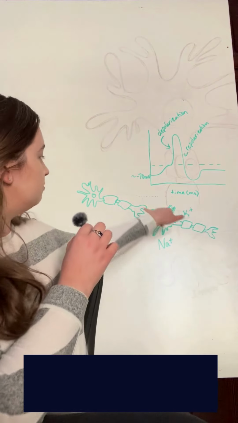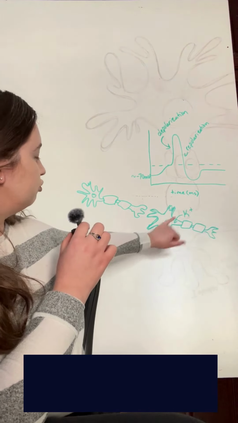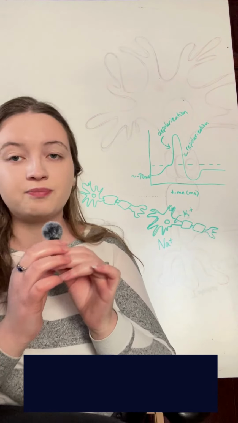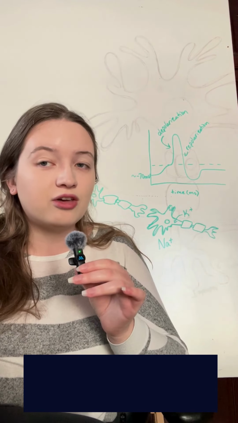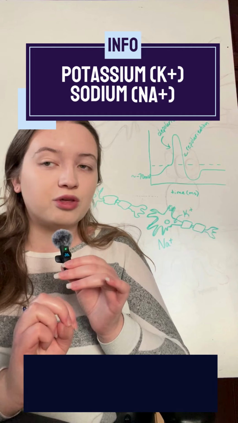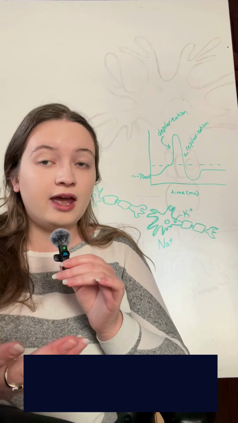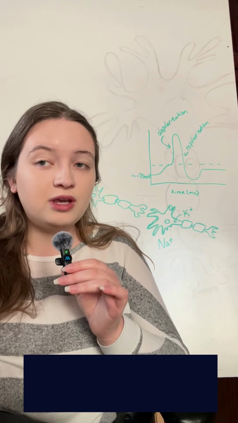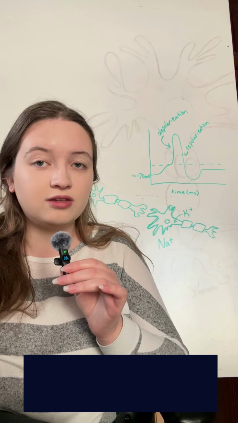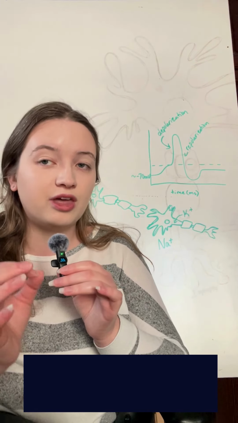Here we have a communicating neuron's axon next to a receiving neuron's dendrite. Now is a good time to tell you that there are two ions that we're concerned with for this video: potassium, K, and sodium, Na. Both are cations, which means they are positive ions and will make whatever cellular fluid they are part of that